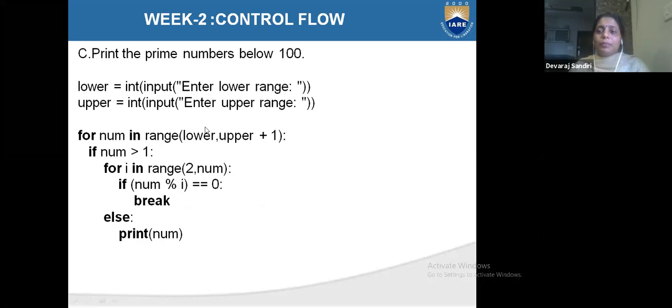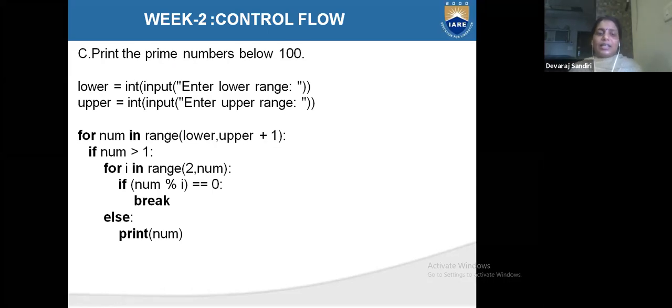Prime numbers below 100 means we take an upper number and a lower number. You know the lower number is 1 and the upper number is 100. Now, for the for loop, we take for number in range, lower to upper plus 1, because we need up to 100, so we take 100 plus 1. We don't need to write the lower number here, because for prime numbers below 100 we have to find out almost all numbers from 1 to 100. So here the upper limit is 100 plus 1, which means 101.